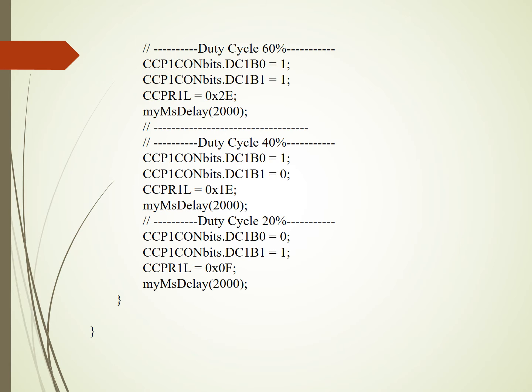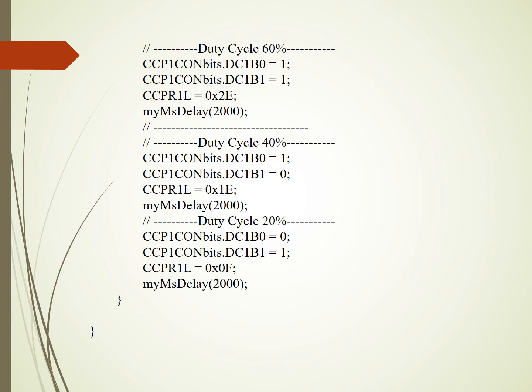So you can see a different turn on time on the DSO for different duty cycles. Similarly, speed is also going to vary. As your turn on time is more, your speed will be more. As turn on time decreases, your speed will decrease. Similarly, we have calculated for the different duty cycles, and the values have been put accordingly in the 3 registers, and that's it.